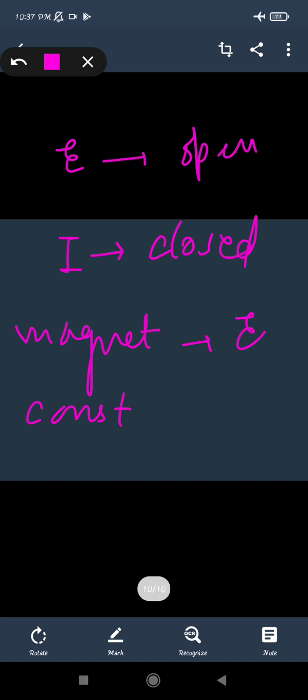Okay. And what else? A changing magnetic field produces an electric field, and a changing electric field can produce a magnetic field. So from there, we can say this is d phi by dt. Phi's value was BA cos theta, right? If we write the value BA cos theta in place of phi, then epsilon is equal to minus d phi by dt, and the phi value was BA cos theta, so minus d by dt of BA cos theta. So on differentiating it, what we will get is BA sin theta.